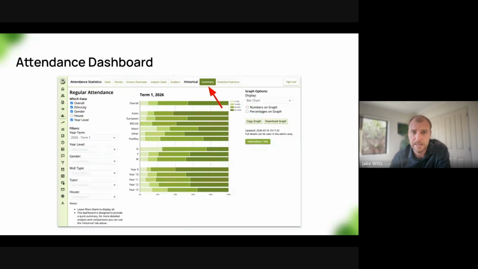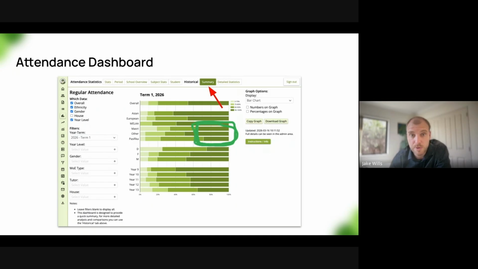And then, because when you're looking at it live, you can hover over any of the bars and it will give you some more detail. But if we're looking at this, this is our ethnicity breakdown here. The darkest bar is the students in that regular attendance category, which is the 90 to 100%, or above 90%. If the student's on exactly 90, then they fall in the 80 to 90% category, because that's how the ministry does their categories. So we can see here our Māori and Pacifica students at this particular school have got slightly